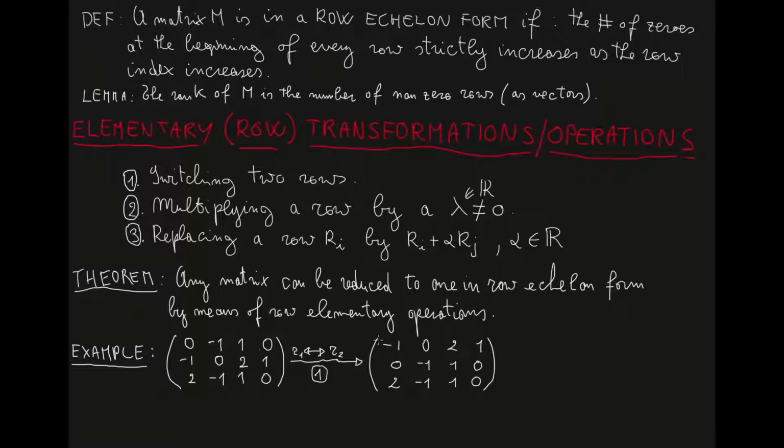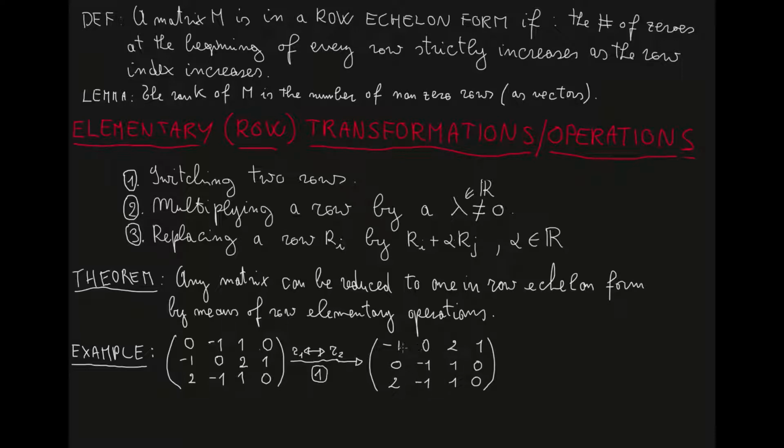on the left, has no zero scalars. So the first scalar is -1, so there are no zero scalars. And the second row has a 0 here on the left. So the first two rows now are part of a matrix in row echelon form. But the third row is not, because in the third row we should have at least 2 zeros here on the left. Okay, but we have the number 2 and the number -1, so this is not the